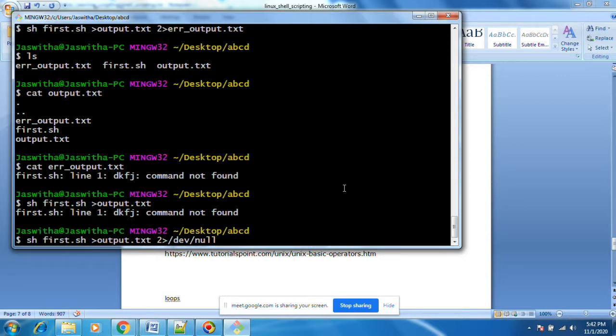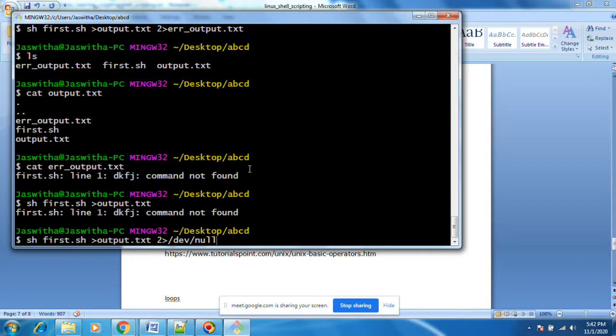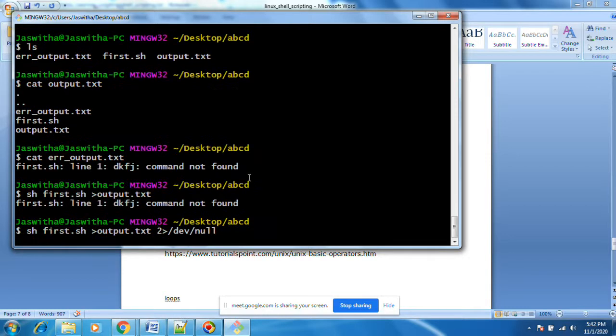Then dev slash null will not print it anywhere, not in any file. Okay, your program will execute successfully.